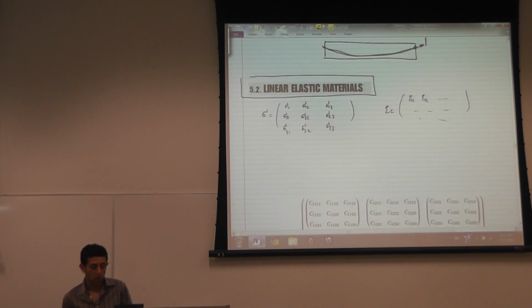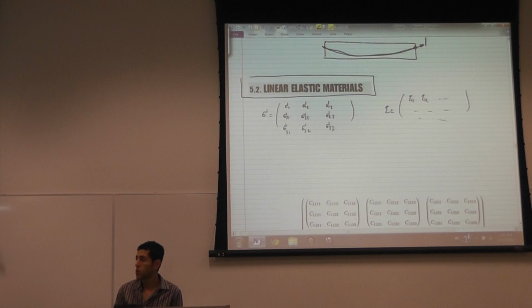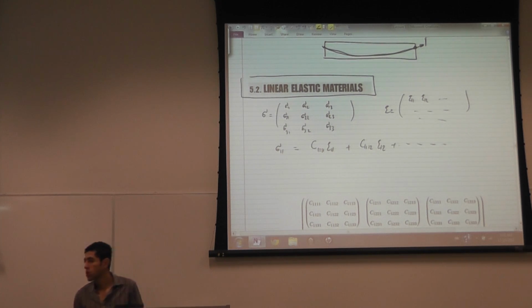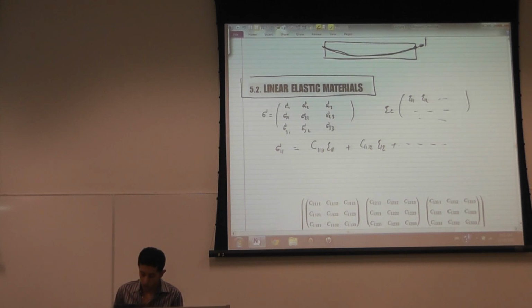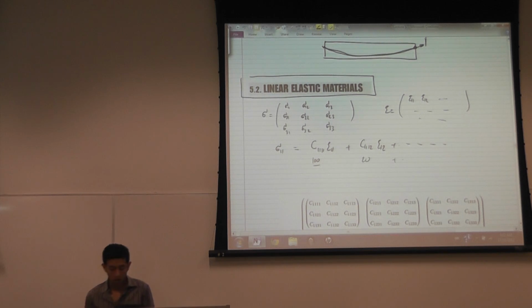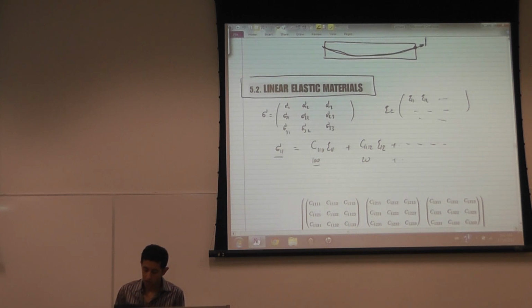It's a linear elastic material. A linear material means the relationship between the stress and the strain is linear, which means for every component, I have 9 constants that I need to find. Because I'm saying the relationship is linear, so I'm saying sigma 1 is equal to, for example, 100 E11 plus 20 E12 plus, and so on. So I need to find those constants. I have 9 stresses and 9 strains, so I need 9 by 9 constants,